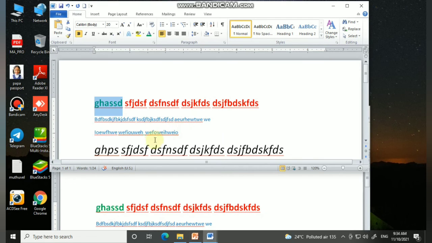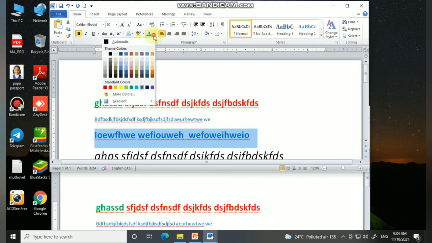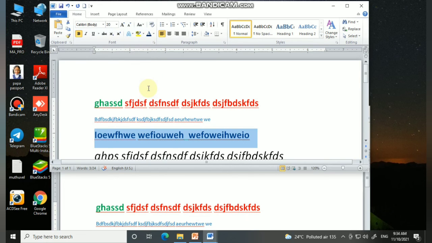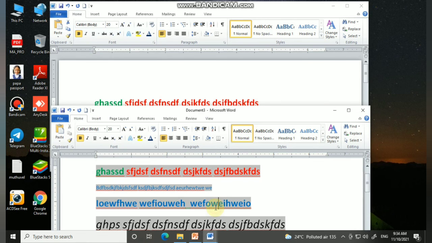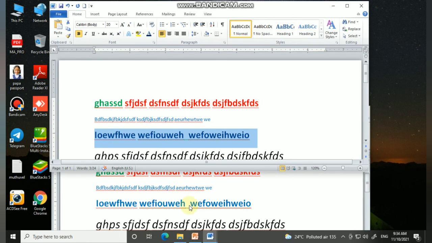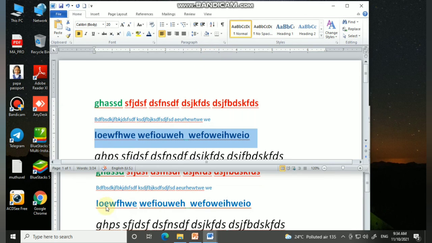Now I will change the third line. I will increase the font size to 20 and give the bold option, and change the color to dark blue. The color is not changed but the font size has been increased.